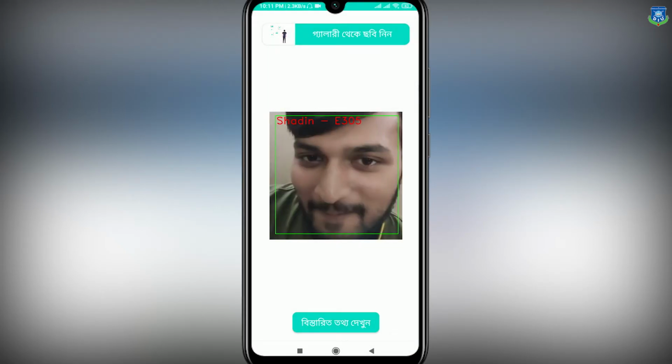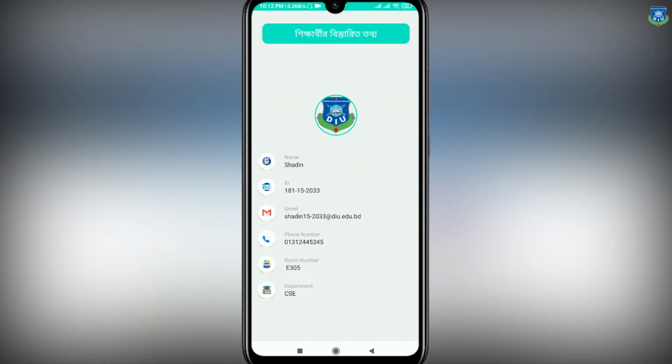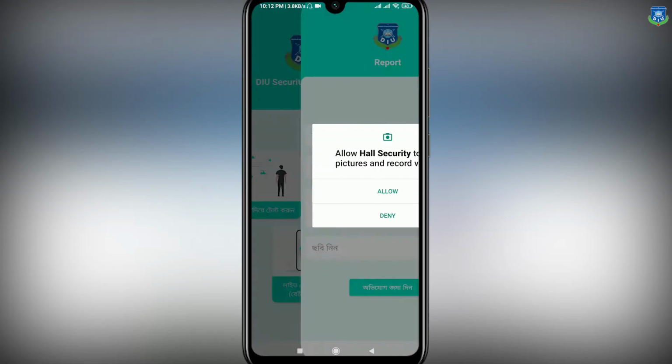Let's check this image, and we can see this image information. This is Shadin and room number is A305. And if we click on details, we will see the details information from the database that is automatically updated: his phone number, ID, Gmail and email address. That's it for this button.